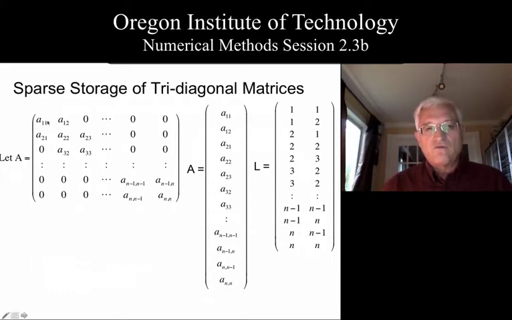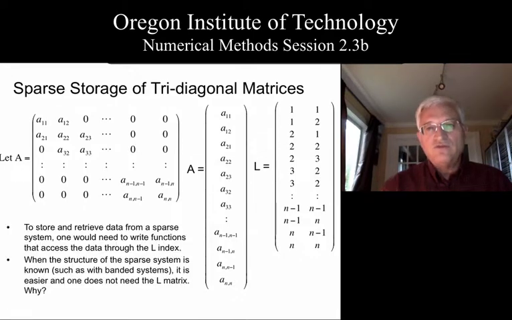I could store it row by row. So I've taken A11 and A12 and loaded them first and kept their indices intact in my L array. Then I come down to row 2 and I store A21, A22, and A23, and they would appear right in these 3 positions here, also keeping track of their indices. If you tried that, it would work fine, but it'd be a little more awkward than storing diagonals, since you only have 3 diagonals to work with in a tridiagonal system. But this system you're looking at here might be more effective for a different kind of sparse matrix.